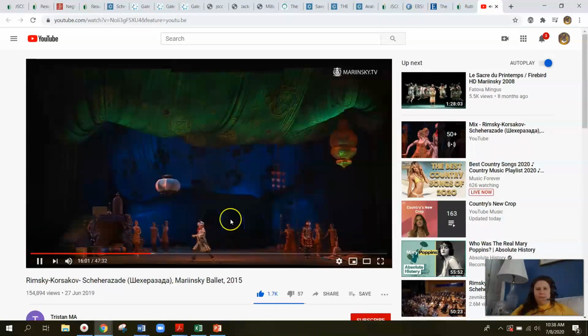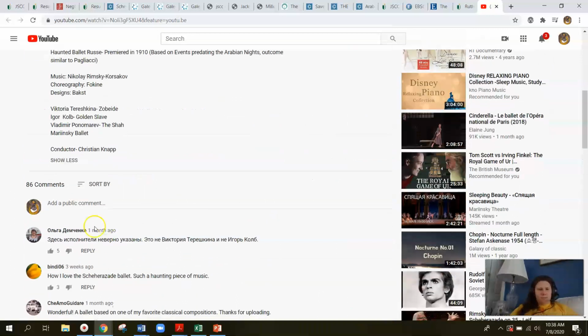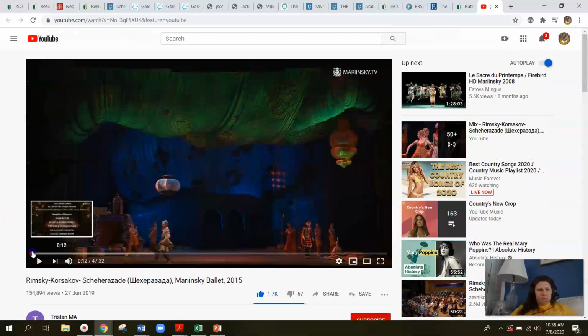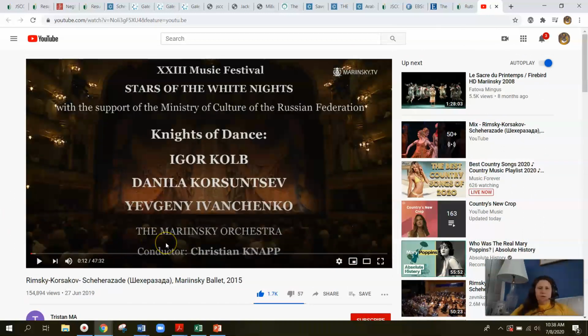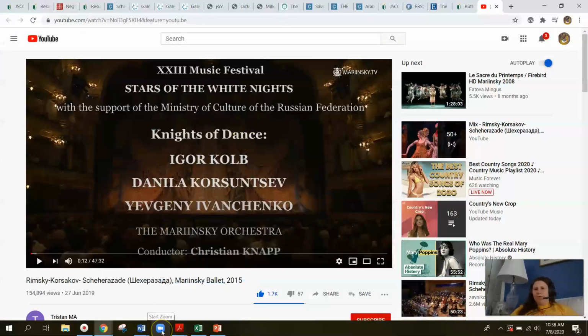I love it. This is the ballet, which I believe is Russian at the beginning, actually. Okay, so it's the Mariinsky Orchestra who did it. It has, I believe, six sections, and each of them is a different story from Scheherazade.